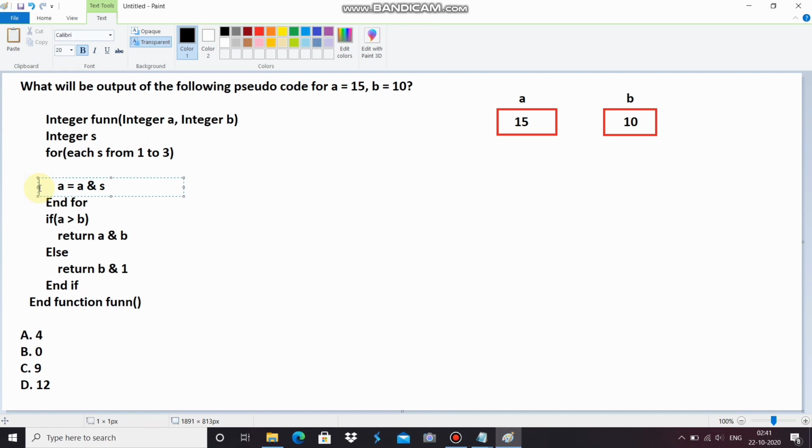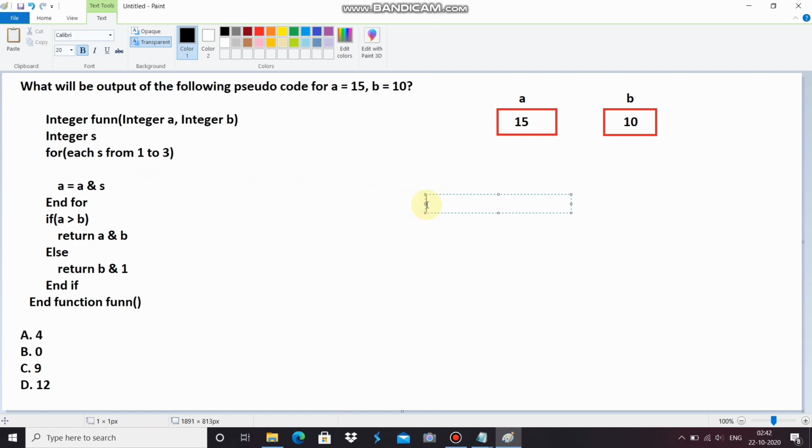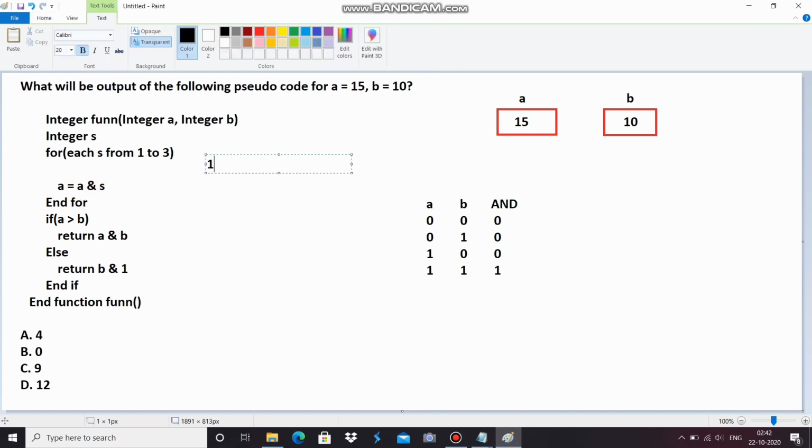Here let's see the first condition. A equals a ampersand s. It means it is an AND operator. So let's see how to solve an AND operator. First we need a truth table of the AND operator. Let's see the truth table of the AND operator. And now the value of a, we have to convert in binary. So it is 15. Now we have to convert in binary, so it will become